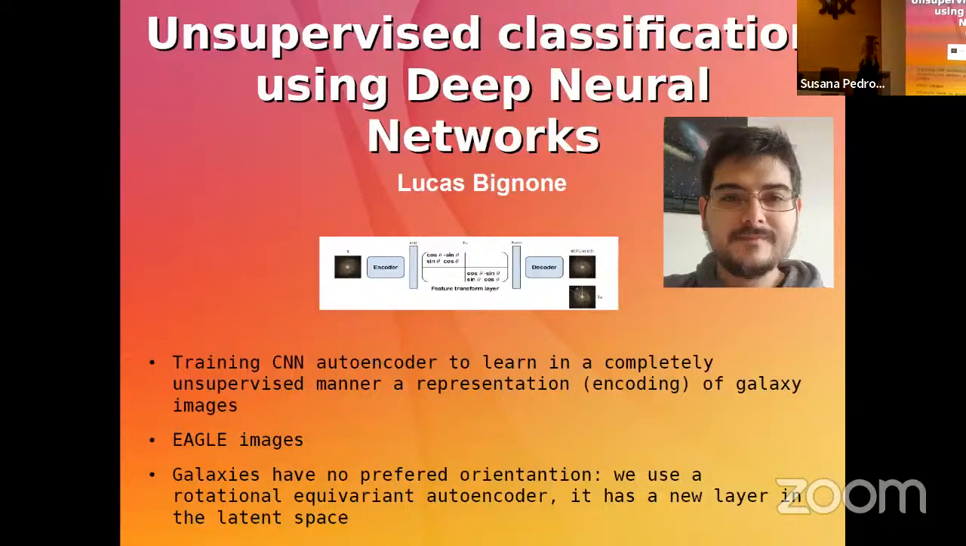And this is a schematic of how the deep neural network works. Let's say we have an encoder and a decoder, a latent space in here, and he's using images. He's using a sample of 42,000 images from Eagle with masses greater than 10 to the 10, and in redshift from 0.1 until 3. So he has a big sample of galaxies, and he's using this sample in order to try to classify these galaxies using this